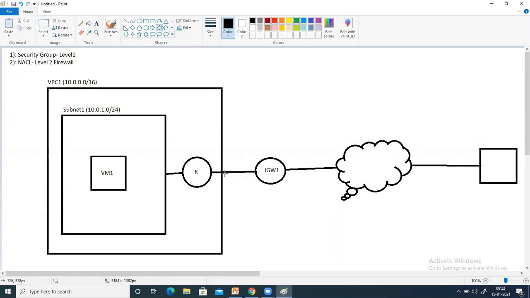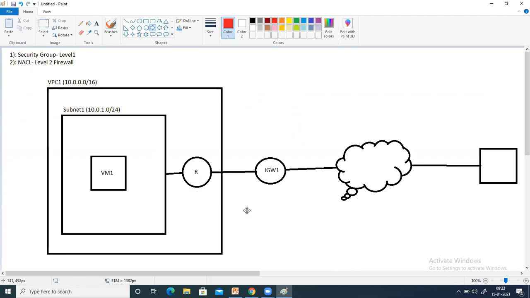If you want to understand the direction, any traffic which is moving in this direction toward this EC2 will be inbound traffic for this EC2. Anything which is going out in this direction will be outbound traffic here.